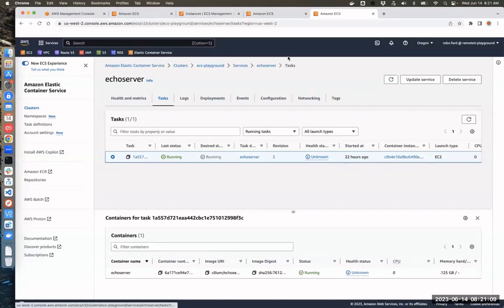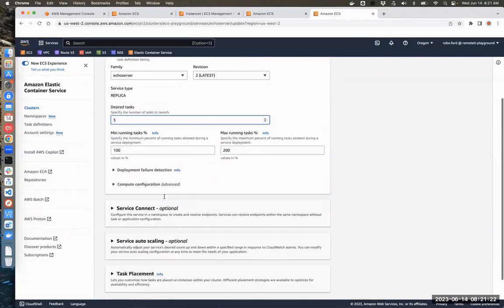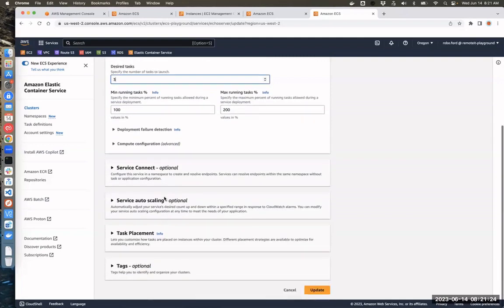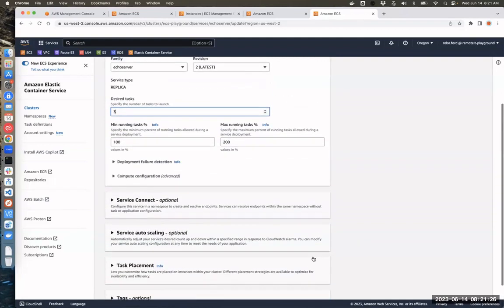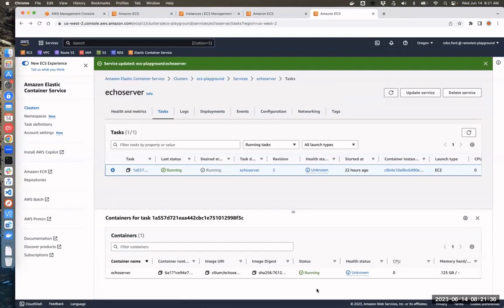So what I'm going to do now is I'm going to take this Echo server task, and you see that we're going to update the service, and it says that we're running 1 task. So let's run 3. That's actually more tasks than we have instances. So it's going to double up a couple of these tasks. This is just how you would have in production. Sometimes you have multiple of the same microservice running on the Docker instance. And I'm going to update that. And you're going to see that it's going to start launching these tasks.